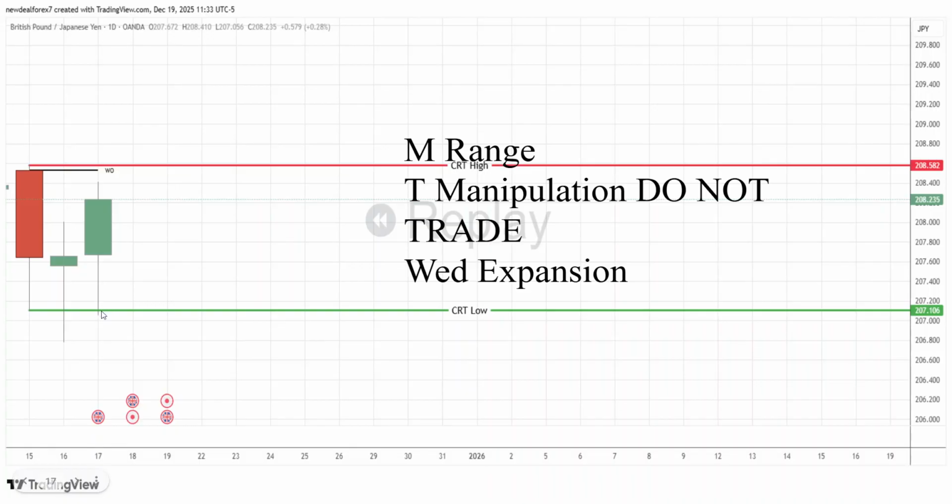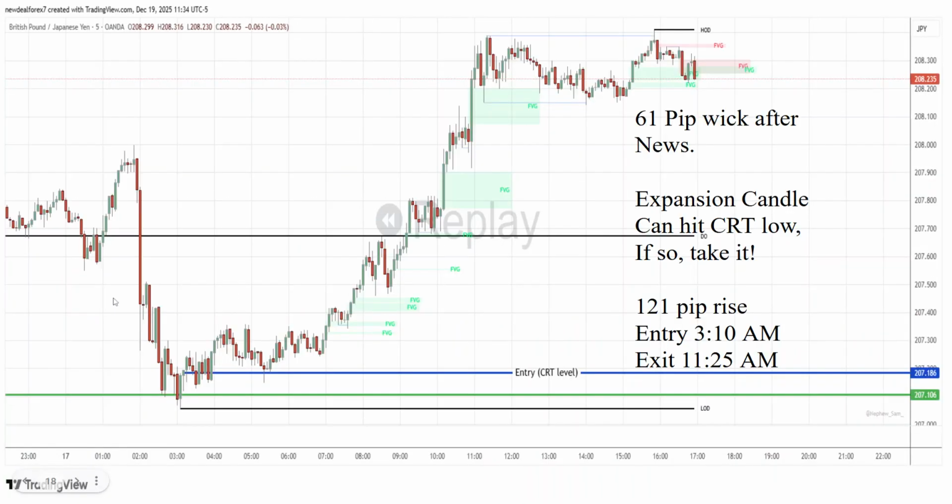Anytime it touches the bottom of the range, that could be a great sign to go ahead and get in. It did do so here and rocketed up right here. This was on GJ. So there was a 60, this wick though was 61 pips because news did come out. The entry would not have been until, I think, the news on this one, because this trade just played out